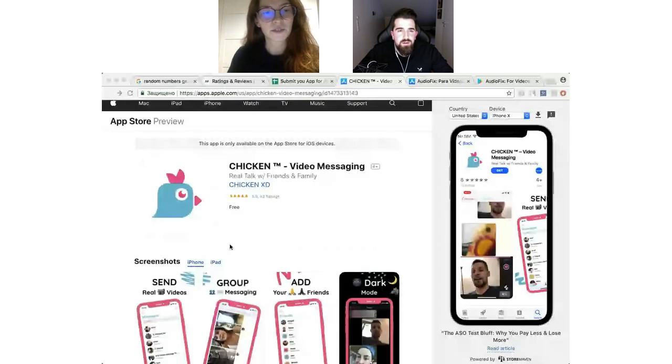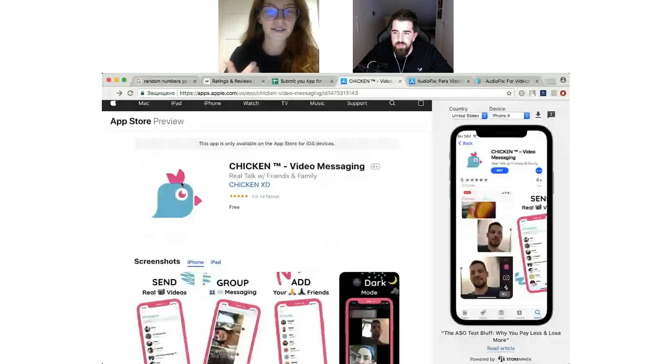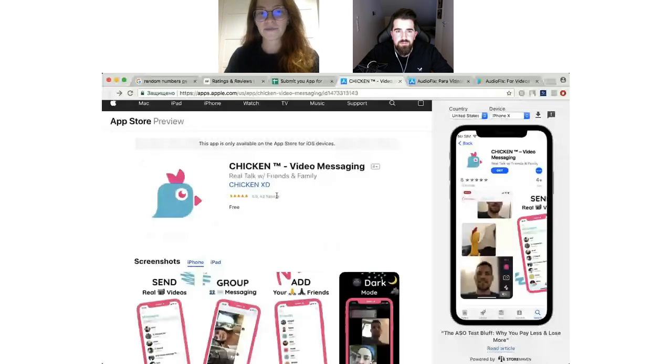Yeah, true. So actually we get the answer from Stefan in the chat that they are open only for the US and Canada region. Guys, you have a very good potential to open worldwide, because these kinds of apps are very popular in the LATAM region and also in the Arabic region. So there are a lot of video messaging apps, and probably you should take a look at what the competitors are doing there. And there's a huge potential for you to localize this application. These are just good regions for your kind of app.